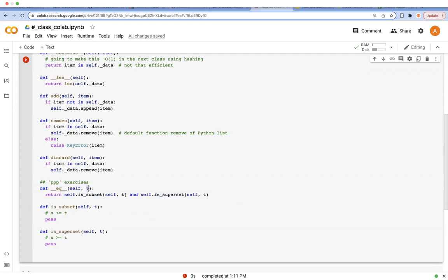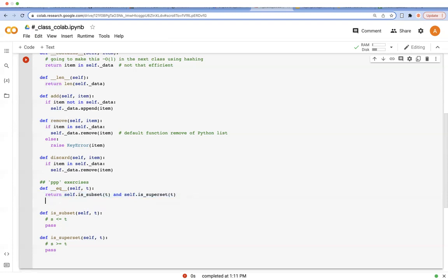So if this set T is a subset of self, and if T is both a subset and superset of self, then that means these two sets are the same, all right? So that is one way to implement this method. And another way of implementing this method